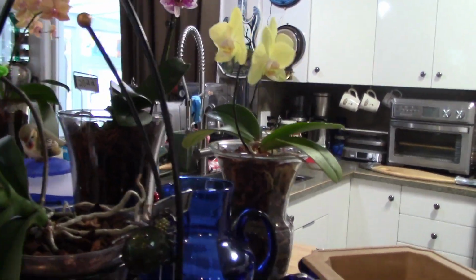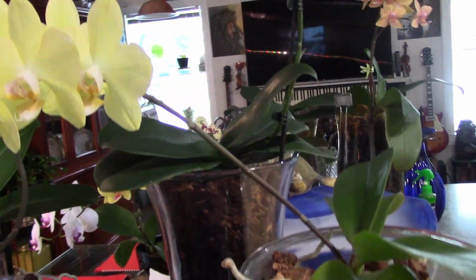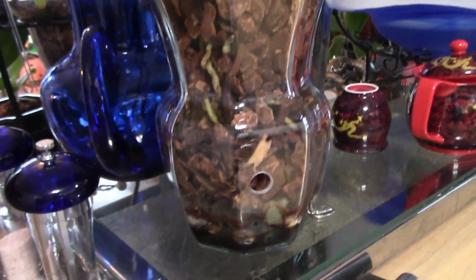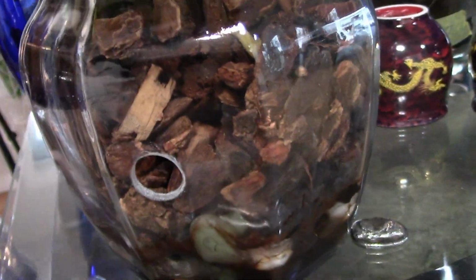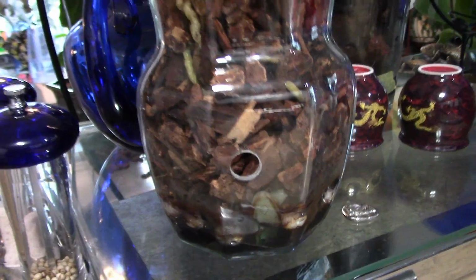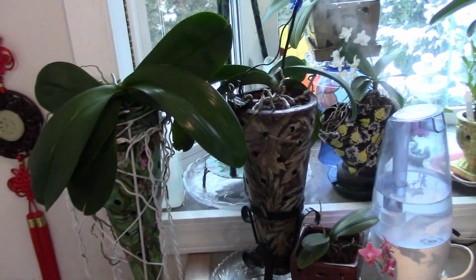So, and there's Moonglow. This is the one we just repotted. She didn't get any shock. She didn't lose any flowers. Seems to be doing quite well. Give you a close-up. We can see, and they're really good, and it is drying, but Wednesday's watering day, sometimes Tuesday, the way we're going around here. And over in this window,